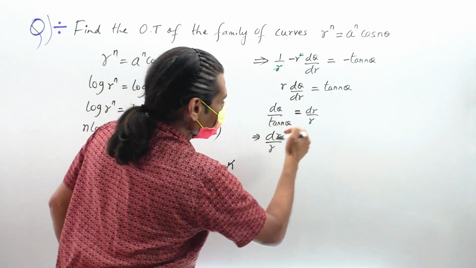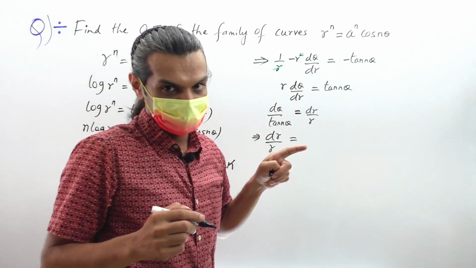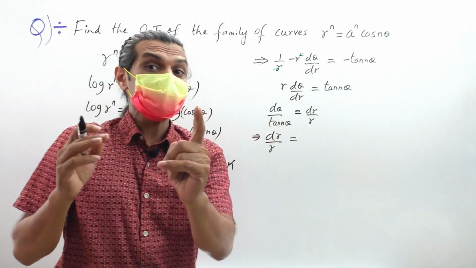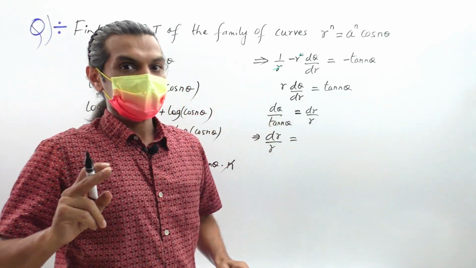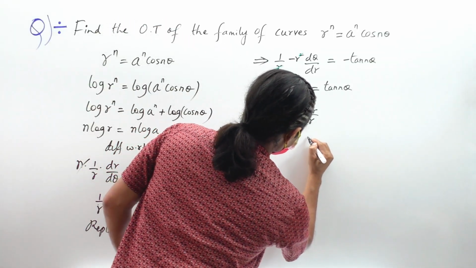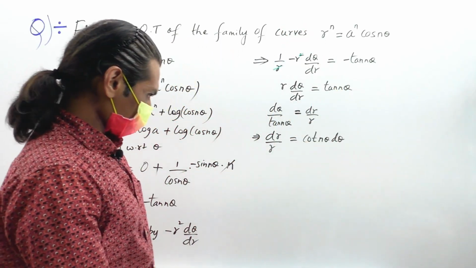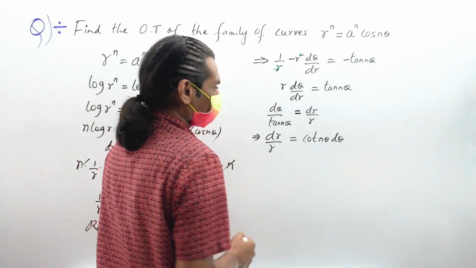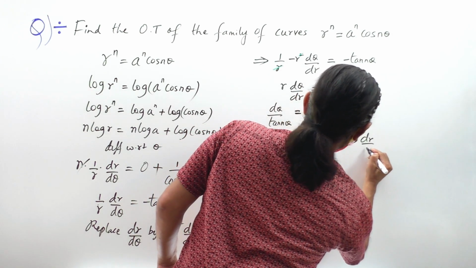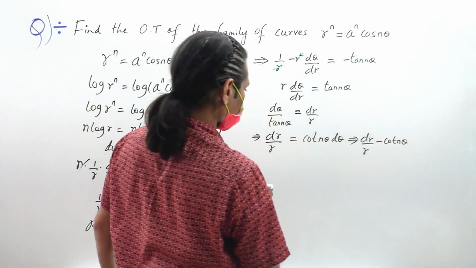Now, dr by r is equal to, what is 1 by tan? 1 by tan is cot. What is that? 1 by tan theta is cot theta. But here it is tan n theta. Be careful here. You have the habit of making mistakes, so be careful here. 1 by tan is cot. So we have cot of n theta into d theta. Right? Therefore the solution, that implies dr by r minus cot of n theta